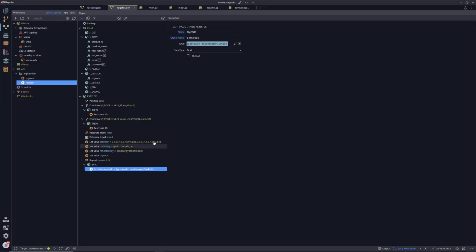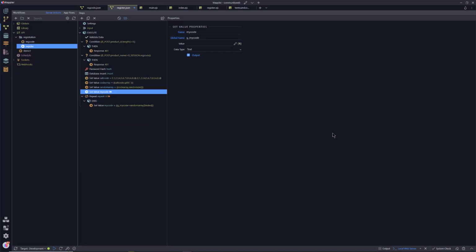Okay, so just to recap on that, we've got a long comma separated list. We've split that into an array. We've randomized that array. We've initialized the value as effectively null. We repeat through 6 times, and what we've done is added the first 6 digits of that code to the global value of my code, and provided we have that output, then what we should have at the end is that the code with 6 digits in this case will be output to our